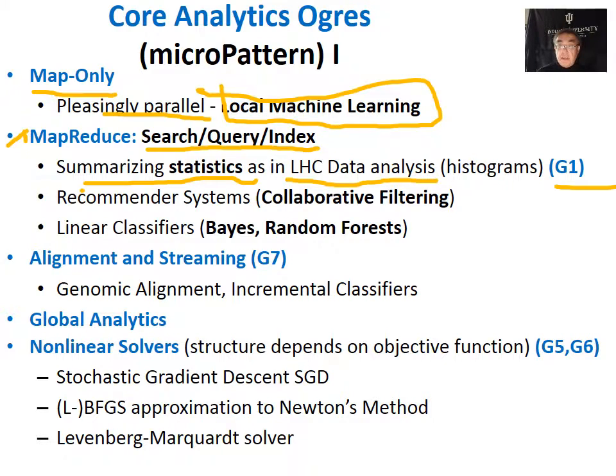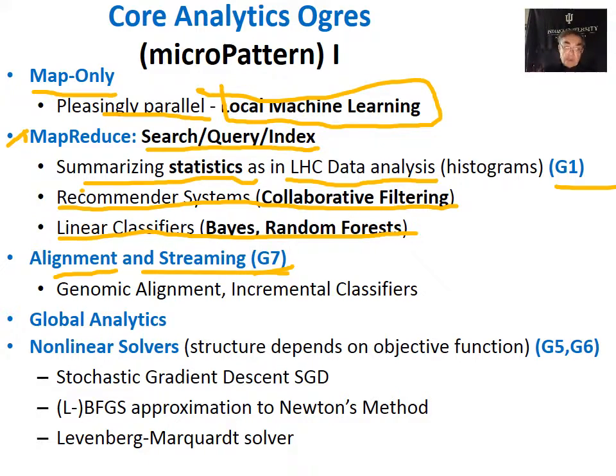We have the recommender systems, which are of that type, because you define nearest neighbors and things like that for the kth nearest neighbor algorithm. That's a MapReduce application, and various simple classification algorithms. Then we have what was highlighted in the computational giant G7 alignment, which we noticed was pretty similar to streaming,